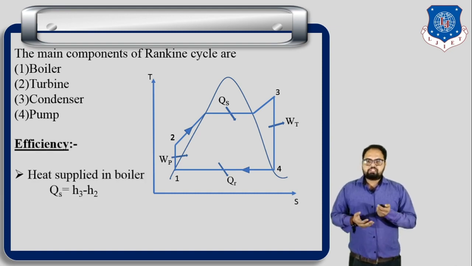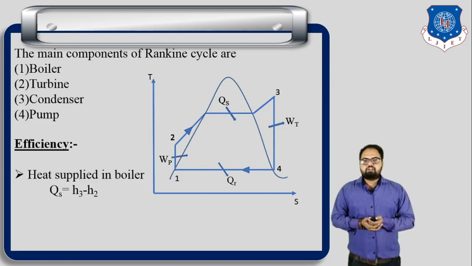Okay. So let's start with the efficiency. We will find the efficiency with the help of the equation: thermal efficiency eta is equal to net work done divided by heat supplied. Net work done W net divided by QS, and the equation will be (QS minus QR) divided by QS. So for solving the equation of the efficiency, we need to find out the heat supplied as well as the heat rejected during the process, QS and QR.